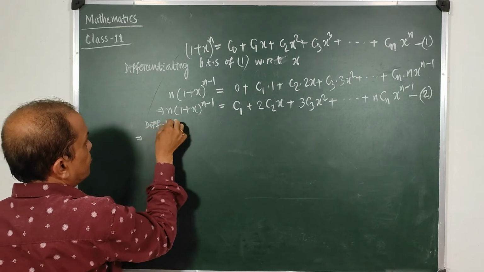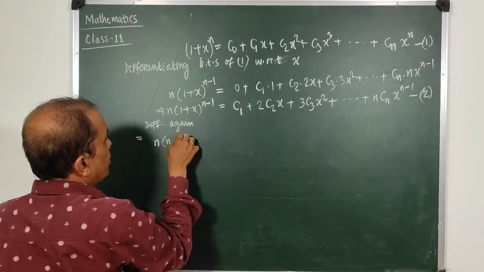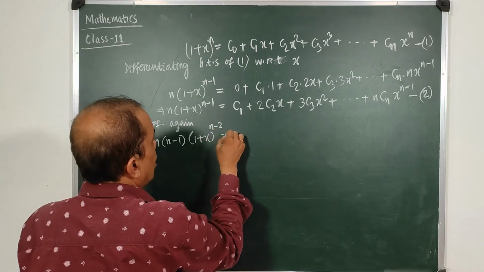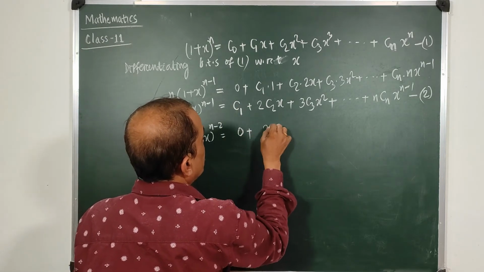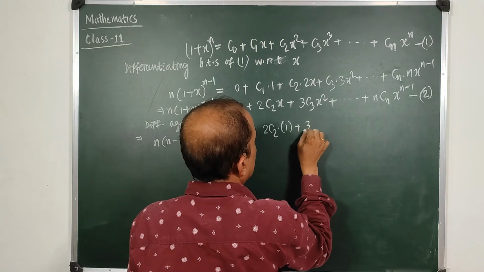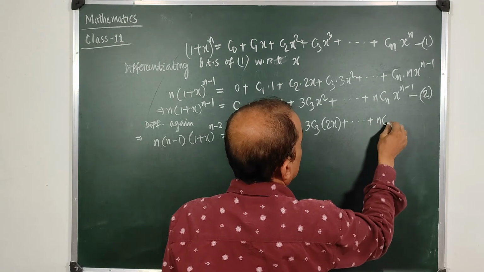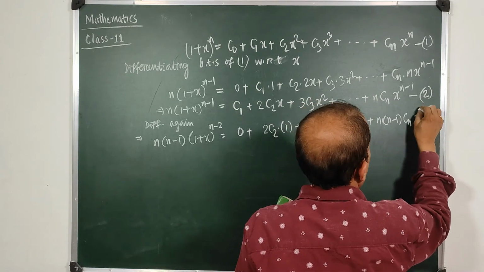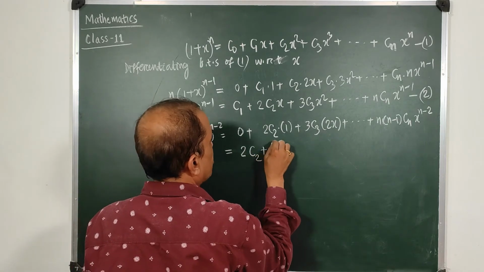Differentiating again, I get n into (n-1) into (1 + x)^(n-2), and this will again be 0, plus 2C2 into 1, plus 3C3 into 2x, plus n into (n-1) Cn into x^(n-2),